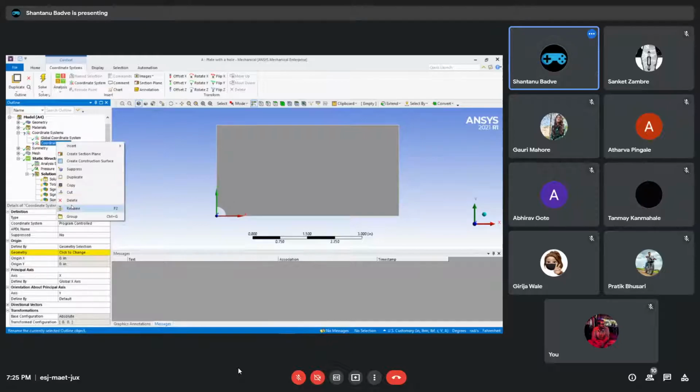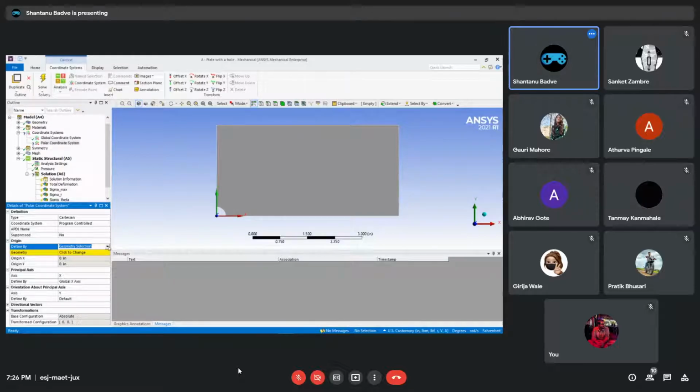We'll right click. We'll rename it to polar coordinate system. And we have not finished, as you can also see that there is a question mark in here, because we need to set what the geometry is on which we want to create this coordinate system. But we don't want to create it on a geometry, we want to create it on a global scale. Therefore we will be defining the origin of this coordinate system using the global coordinates. We click on it, problem solved.